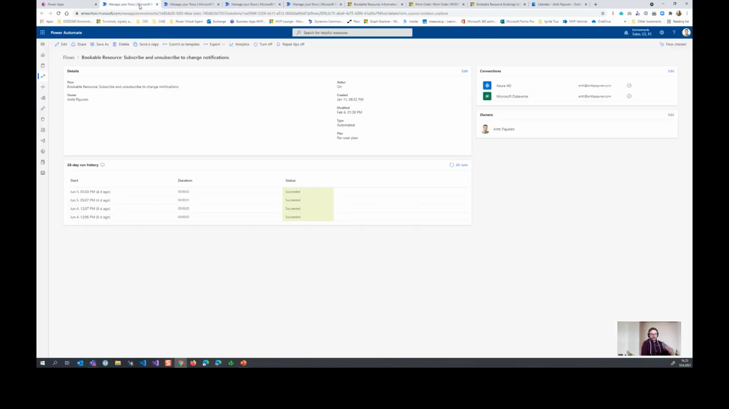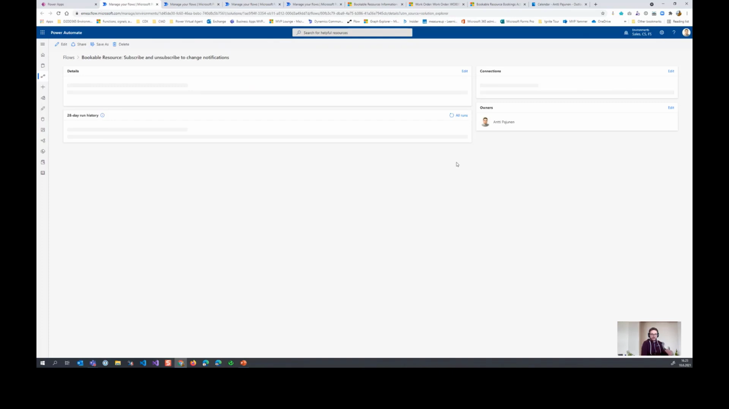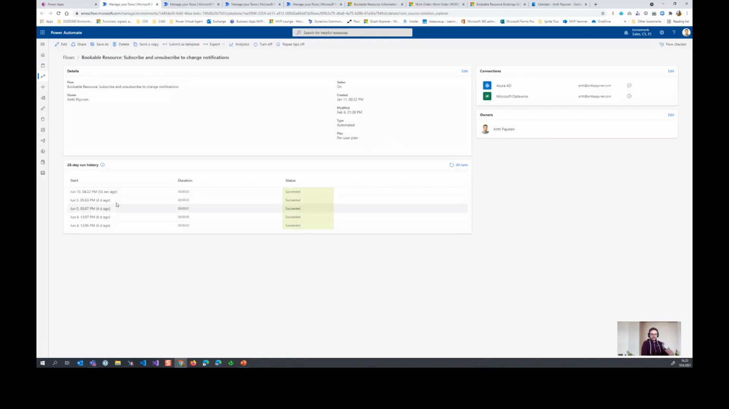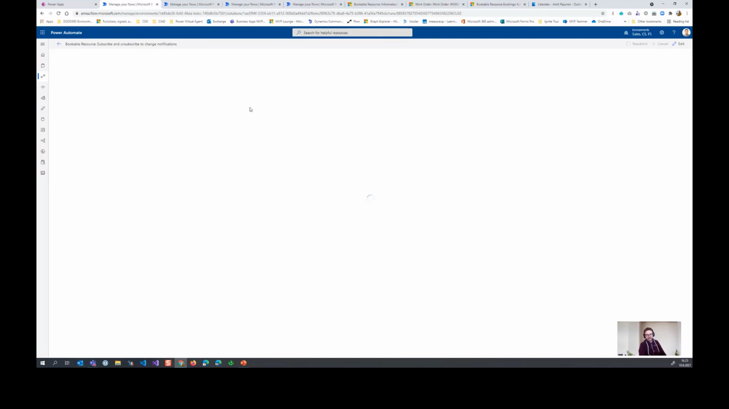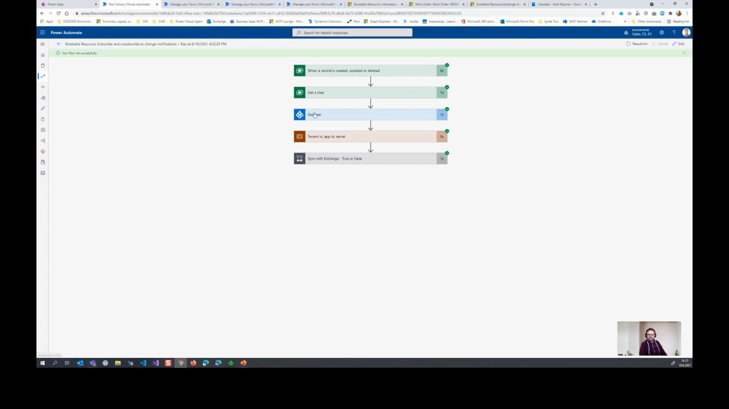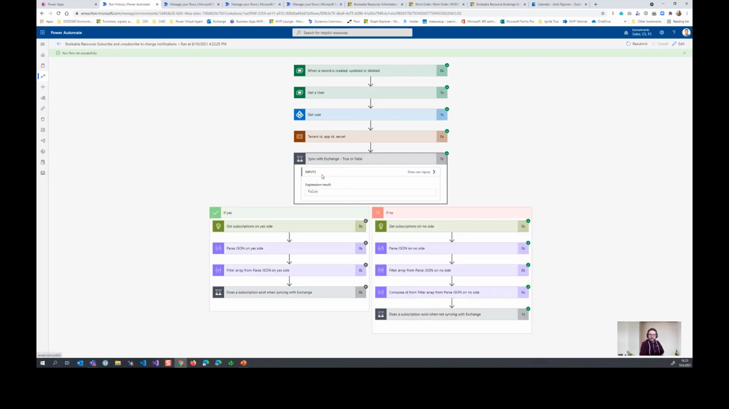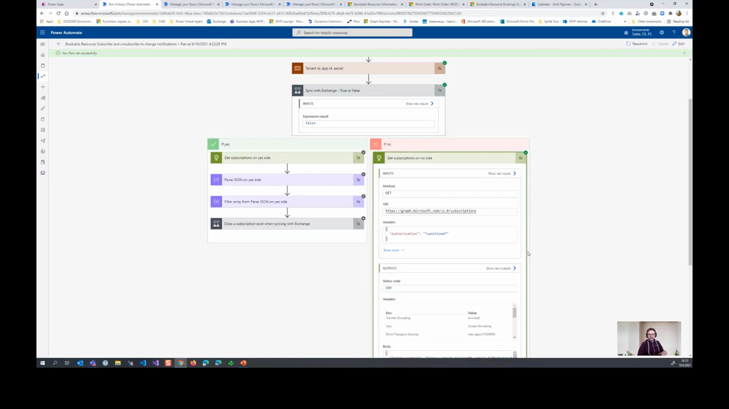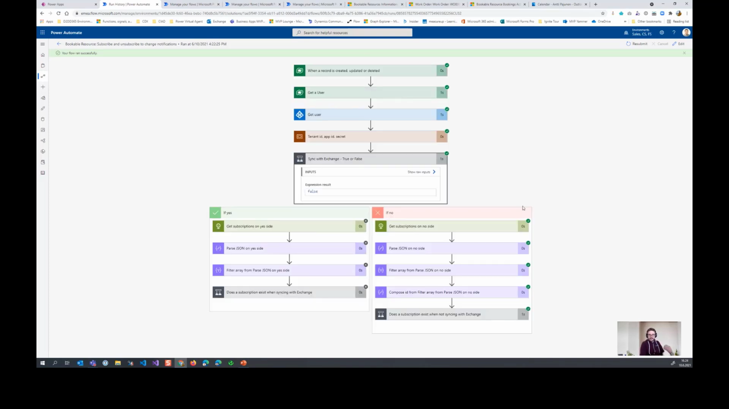But if we now look at how those change notifications work, subscribing and unsubscribing, we'll see that 56 seconds ago a flow ran successfully. What that flow did is it got some basic data, the user ID from the Azure Active Directory object ID of the user, and so on. Then it looked at whether I want to subscribe or unsubscribe to change notifications. And as we're unsubscribing, it fetched all the subscriptions that user John Doe had against the